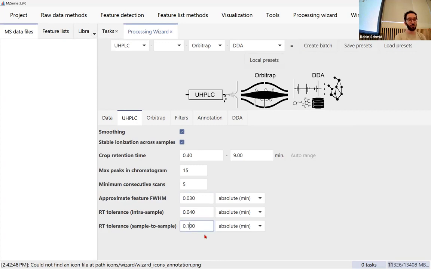So we're going to change it to 0.1, which still gives us some space for shifts in the retention time across the 88 samples. But then it's not too strict and not too open. Okay, so UHPLC